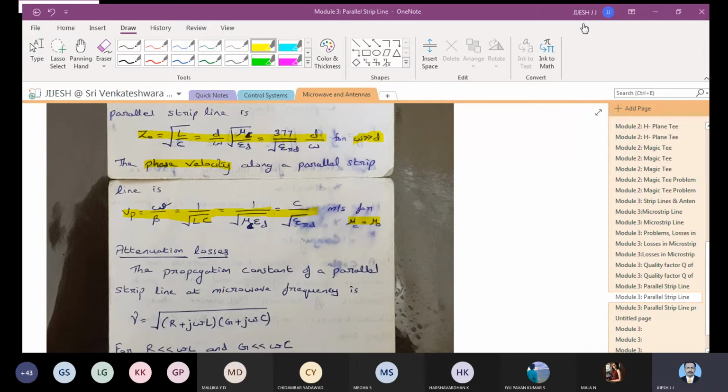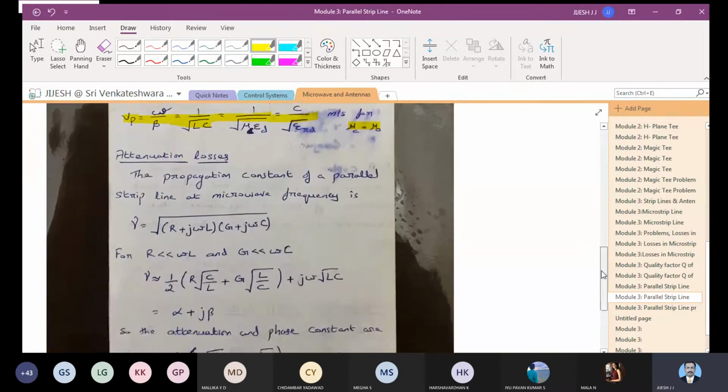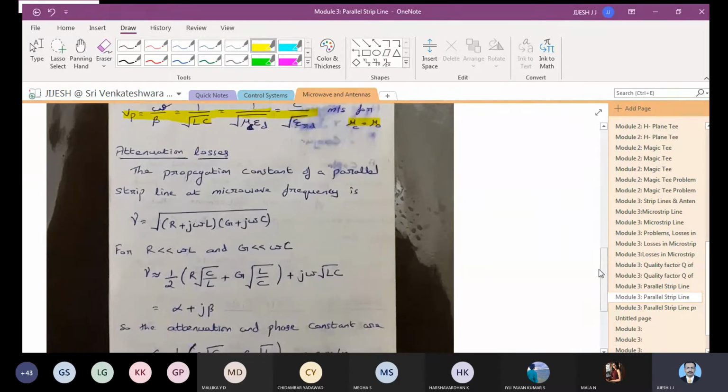Completed, sir. Okay. So we will now discuss the attenuation losses. The same equations you studied in module 1, I have written here for attenuation losses. The propagation constant of a parallel strip line at microwave frequency is denoted as gamma, and gamma is equal to the root of